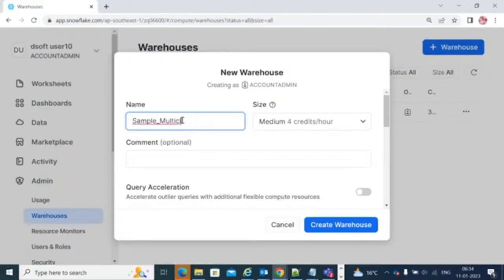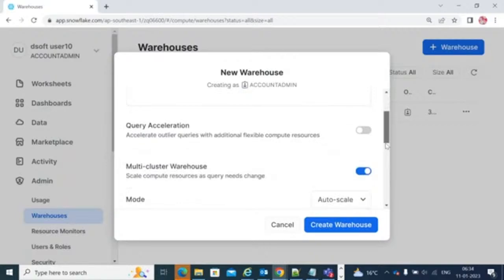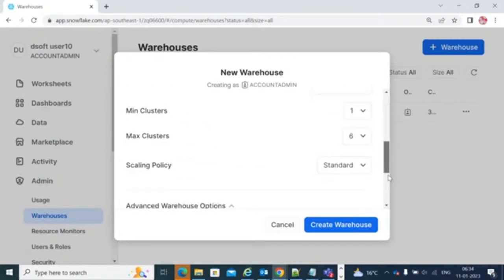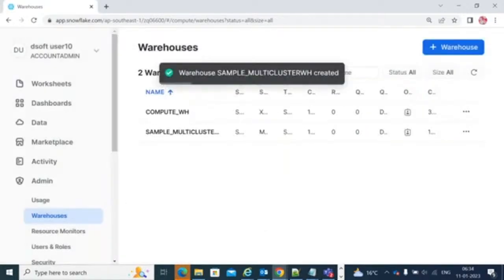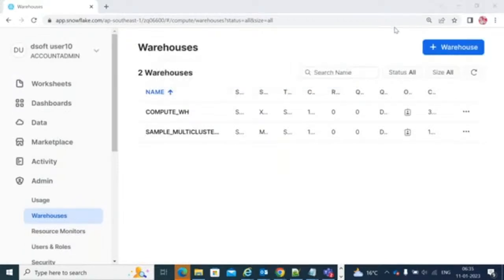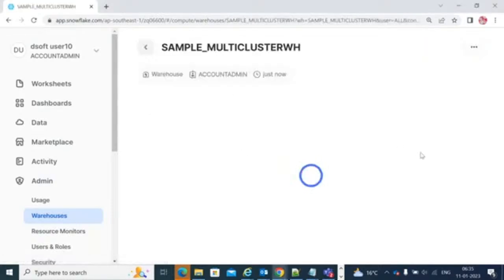My question is only that whenever we define 1 to 6, then as per the data, Snowflake internally increases. Suppose we have 10 TB data, then we will use only one virtual warehouse, only one. Sorry, if it is